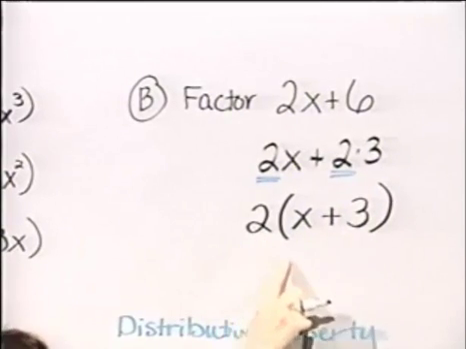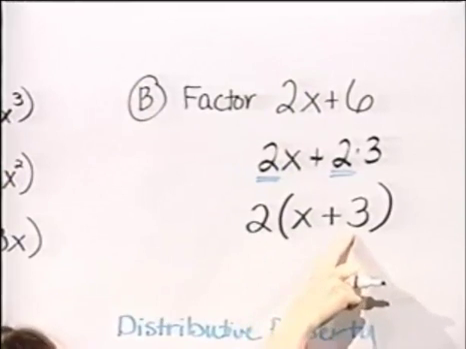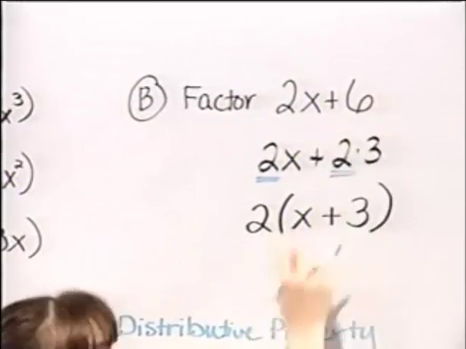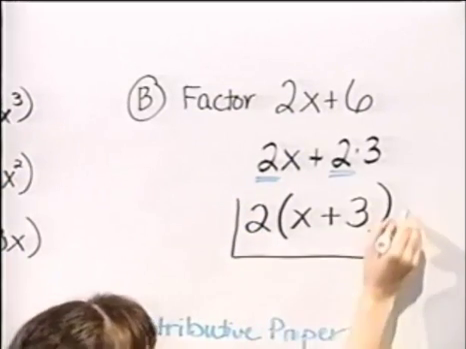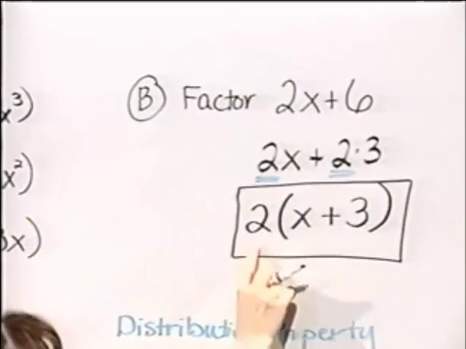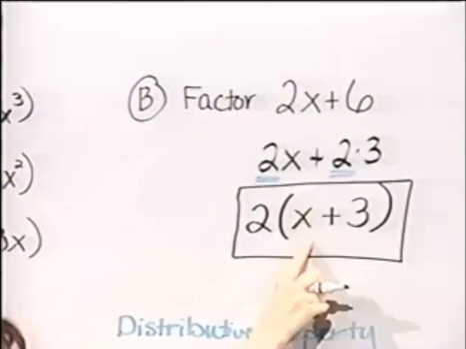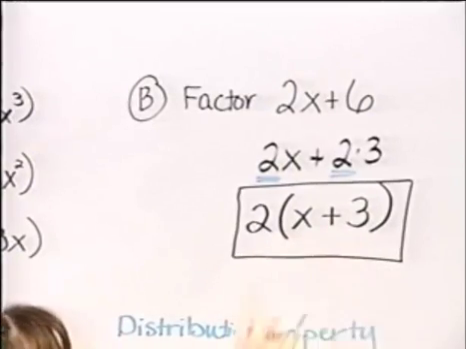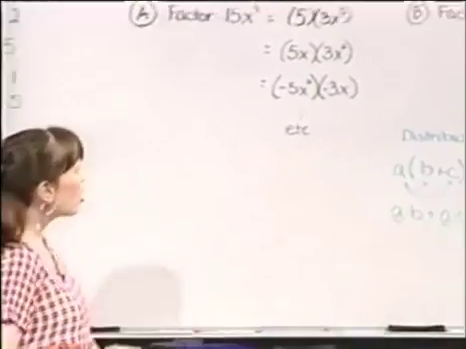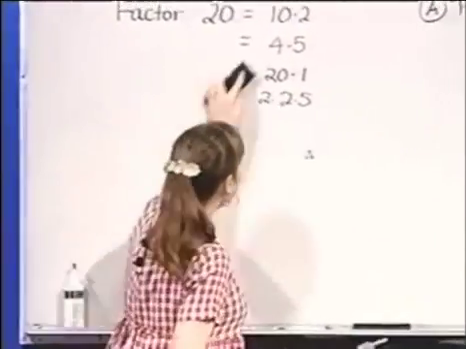And if you check, 2 times x is 2x, 2 times 3 is 6, and so you actually get the above polynomial. And this is a factorization of 2x plus 6 because it's a product. It's 2 times a quantity, and that's a factorization. Okay, so we're going to keep using the distributive property, and we're going to do some more examples of factoring